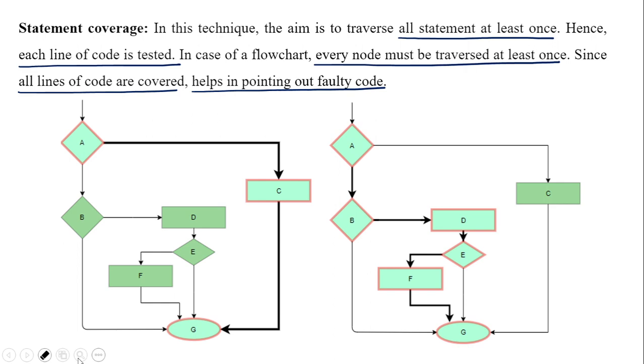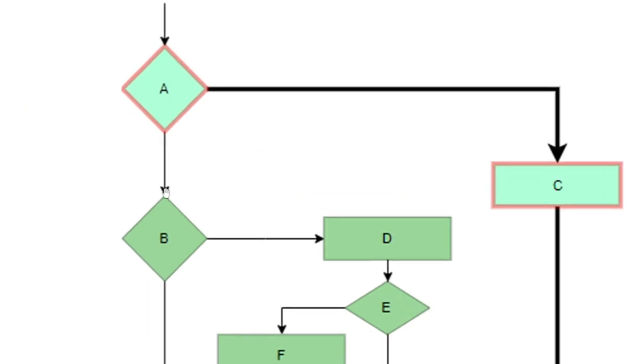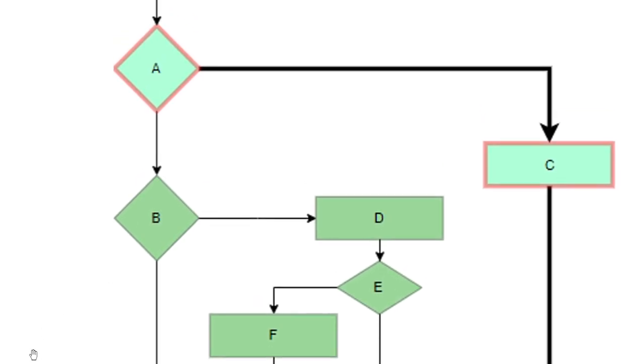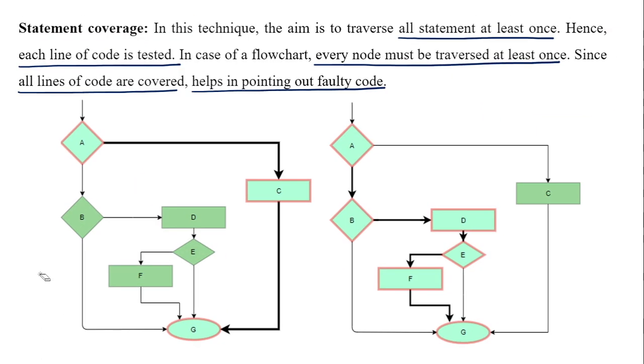For example, if you see this, I don't know whether it's visible to you or not. Visible I guess, right? Just look at this part. This one. I'll help with the highlighter. From here it started. It reached A. Now from A I have two options. Either I can go to B or I can go to C. So it chose this path, this statement, A to C. From C now it has only one option, to go from C to D. Now G is the ending node.